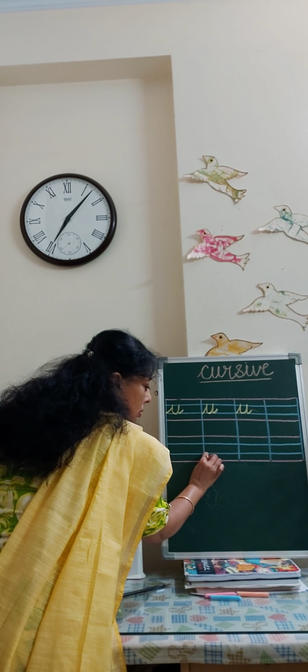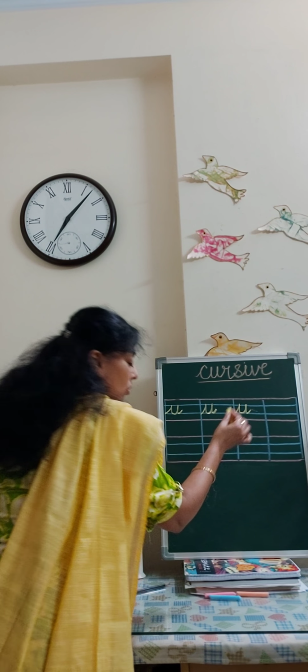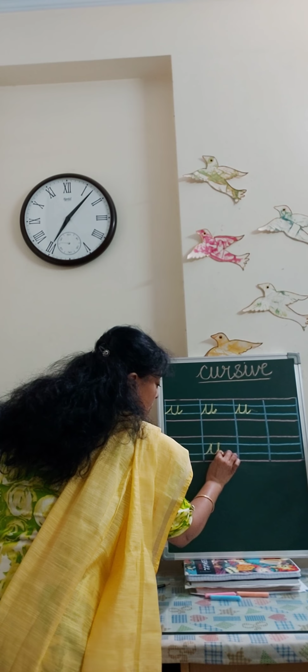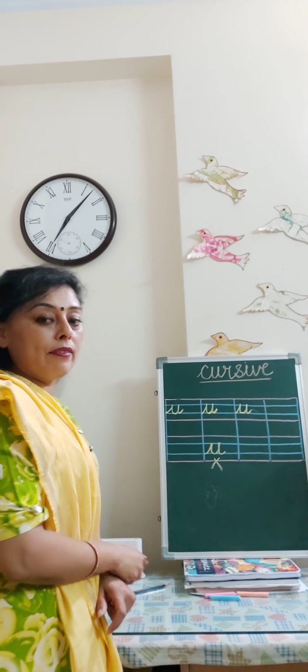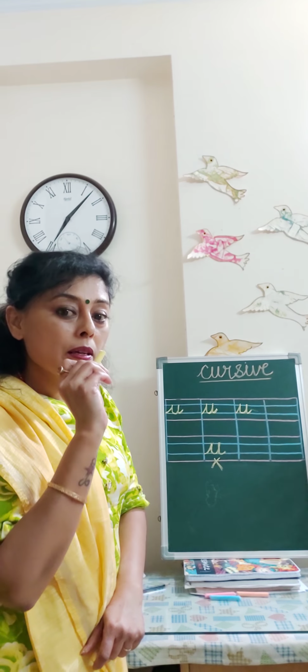I know for the first time you are writing the cursive pattern, so you must follow 2 instructions mainly. The pencil should be very sharp, and whenever you are writing any letter, don't lift your hand. You have to write the letter in one flow. Don't lift your hand, otherwise the proper formation will not come. If you are writing it like this, starting from the corner, up, then again you are lifting your pencil, down, again you are lifting your pencil, this will be a wrong way. You have to write in one stroke. You are not going to lift the pencil in between.